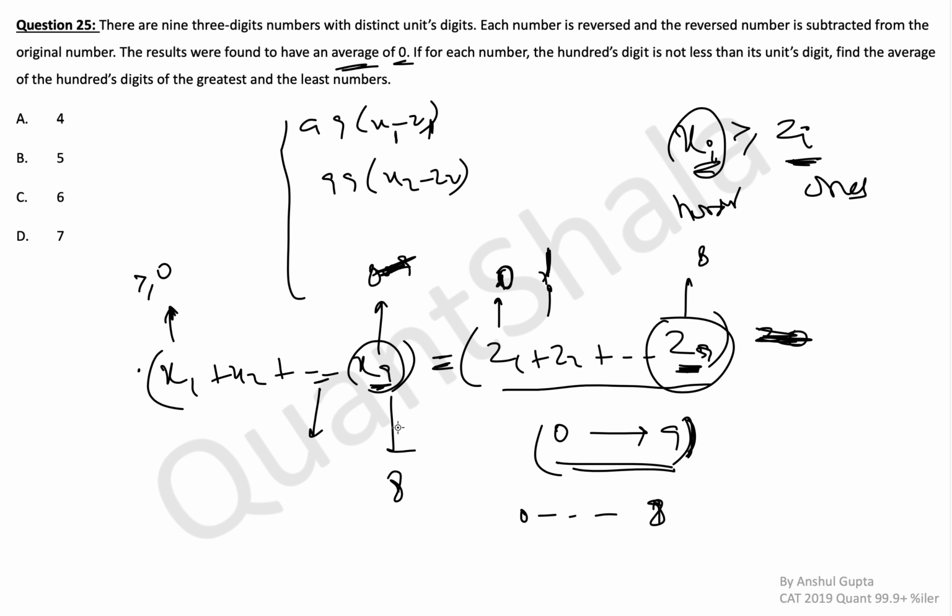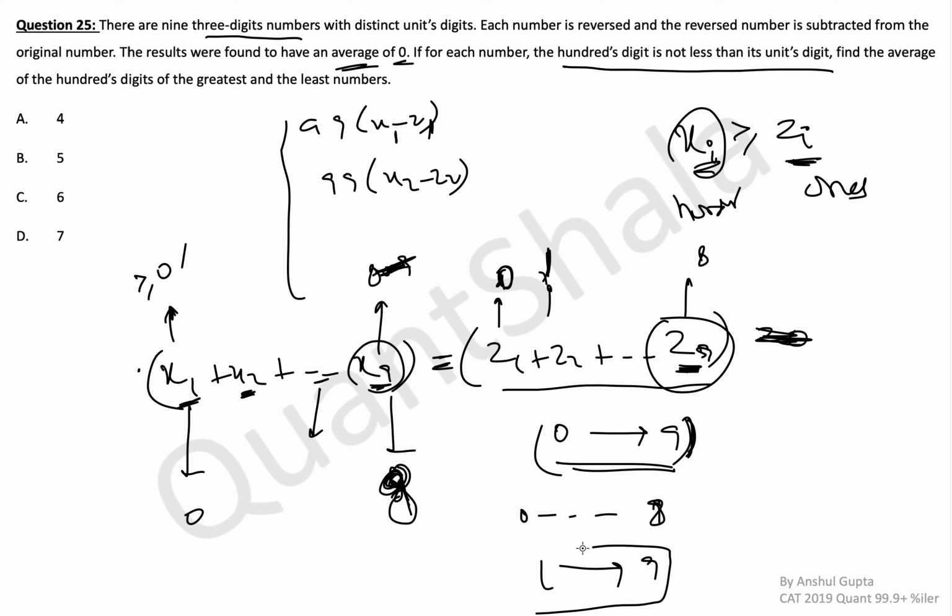If it becomes 9, then some other thing will have to compensate by being 1 less than the ones digit. Let's say here it becomes 9 for now. This was 8, this becomes 9. So now on the left hand side you have 1 extra. So some other term will have to compensate by being 1 less, which is not possible because we are given this condition. So this has to be 8 if these are 0 to 8. And similarly this has to be 0. But can x1 be 0? Because it is given that there are all 3-digit numbers, the hundredths digit cannot be 0. That means all of these digits are ranging from 1 to 9 actually, the ones digit.